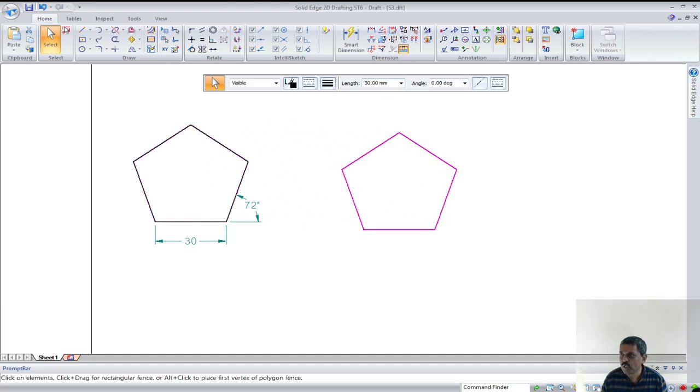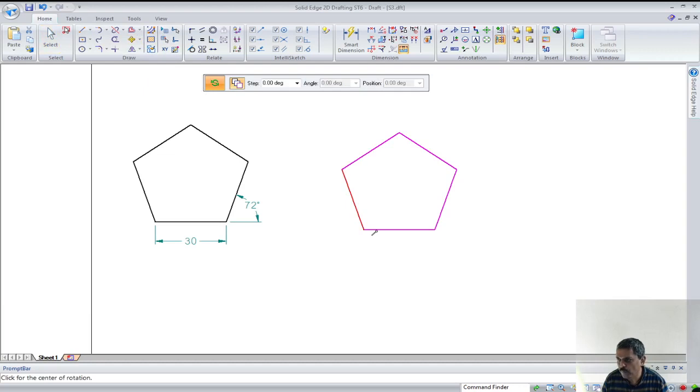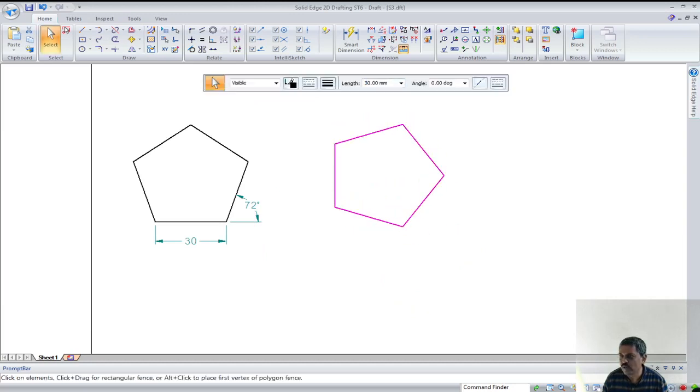Now you want to rotate, so that one of the edges is at 90 degrees, because this is very important. So you go to the move command. There is a rotate command, and you can pick up the point from which you want to rotate and what you want to rotate. That means you want to bring down this other end of the line. Like that. Once it is vertical, you can click. But the problem is this should be turned off, otherwise it will create another copy. I don't want another copy. So you click now. You see that now one of the sides is vertical. This is how you can create it.